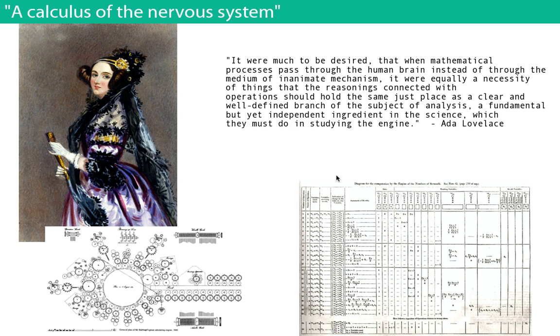Neural networks have been thought of for a long time. Everyone knows Ada Lovelace, first software programmer. And you don't often see a lot of quotes from Ada Lovelace, and I thought I'd dig some up. There's one that I really liked. It's about a calculus of the nervous system that she described like 100 years before we implemented these. So that's maybe the genesis of neural networks.